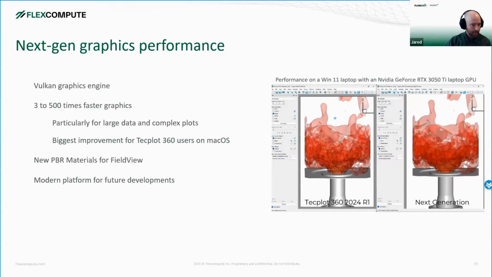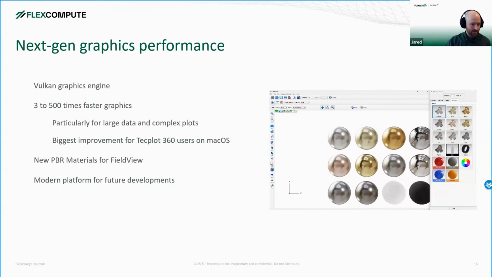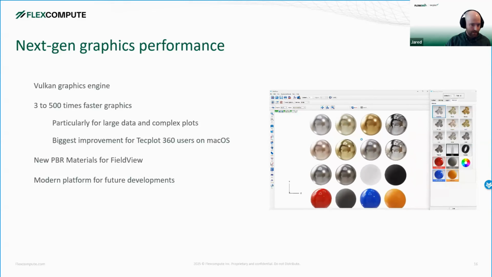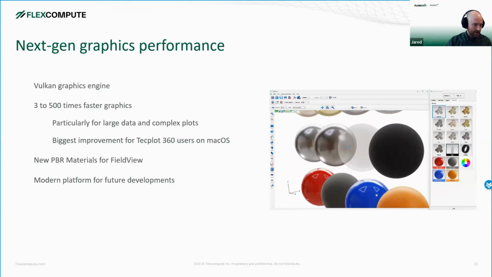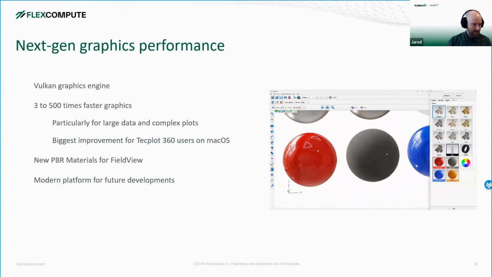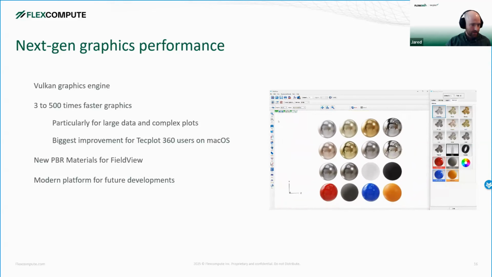And then next slide. And specifically for field view, the new graphics engine will utilize improved PBR or physical-based rendering so that surfaces can easily plot specific materials. And so included in field view is a predefined list of materials to plot surfaces with metallic or rubber or glass or glossy or matte paint so that you can create high fidelity photorealistic plots of your simulation data. And you can see in this example, there's an option to change the background that is reflected on the surface material. So this has been with field view for a while, but it's going to be considerably improved with the